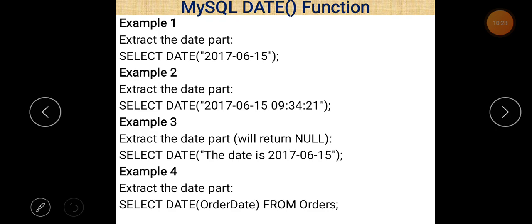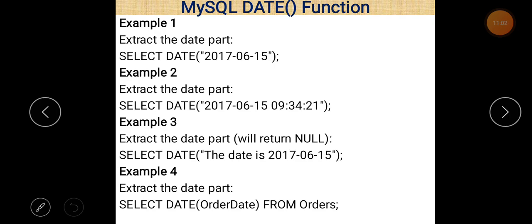If we write SELECT DATE("2017-06-15"), it will extract the date part. Next example is SELECT DATE("2017-06-15 09:34:21"). Here 9 is the hours, 34 minutes and 21 seconds. So this is a date time format in which, if you want to find the date only, just use this command.